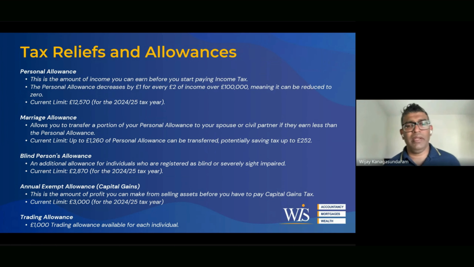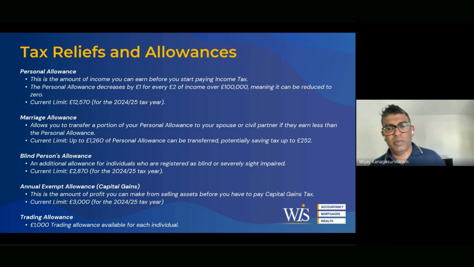Annual exempt allowance. Capital gains, as I told you, is a separate calculation. So if you have a second home, or if you bought some crypto a few years ago and you're selling it now, those are capital gains. The capital gains allowance used to be 12,300 a few years ago, got reduced to 6,000. The current one is only 3,000. So if, for example, you sell shares, you pay 20% tax on the gain that you make if you're a higher rate taxpayer. And if you own a second home and you sell it, if you made a gain of more than 3,000, you pay 24% tax.